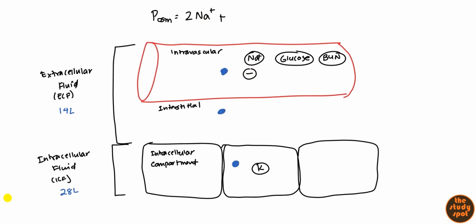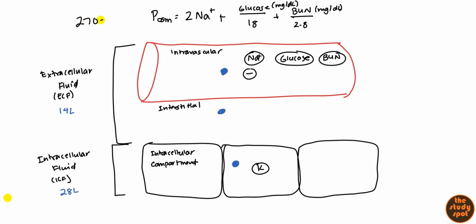Okay, and then we go ahead and add glucose divided by 18 and BUN divided by 2.8. So when we're dividing, we're just changing the units. So just make sure that your BUN and your glucose are in milligrams per deciliter. And so when you plug in this formula, that'll give you the plasma osmolality,